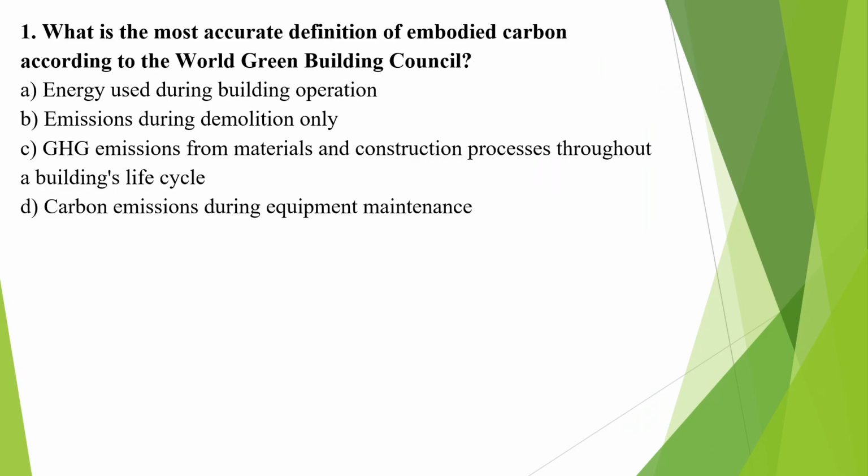Let me discuss it. There are two kinds of emissions, as was explained in the lecture: embodied carbon emissions and operational carbon emissions. Embodied carbon emissions are the emissions which occur due to the extraction, the manufacturing, and the transportation to the construction site. And whatever carbon emission happens during the building operation is referred to as operational carbon emissions.